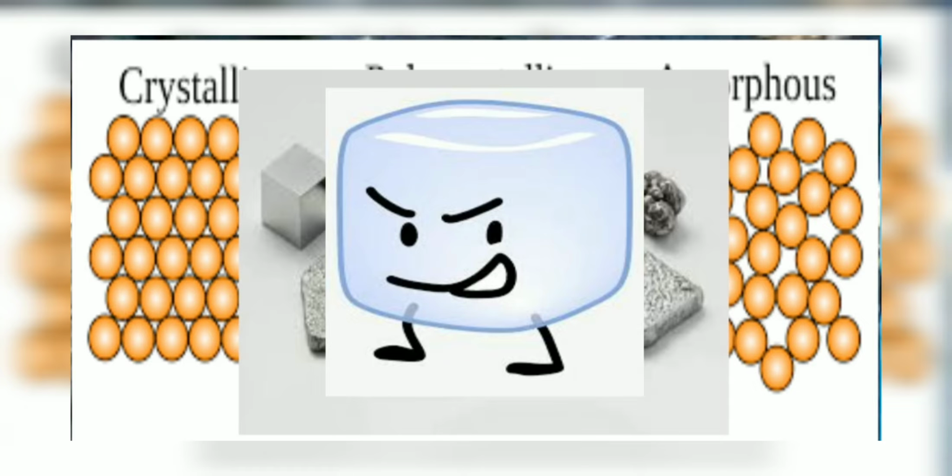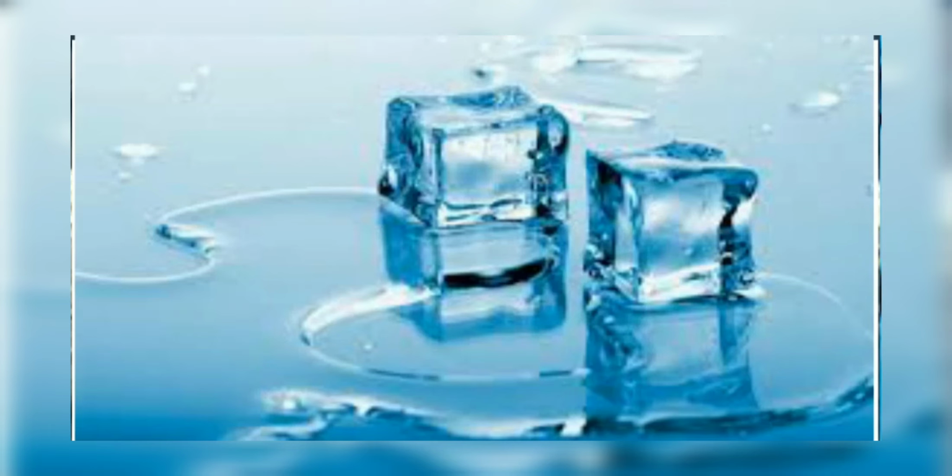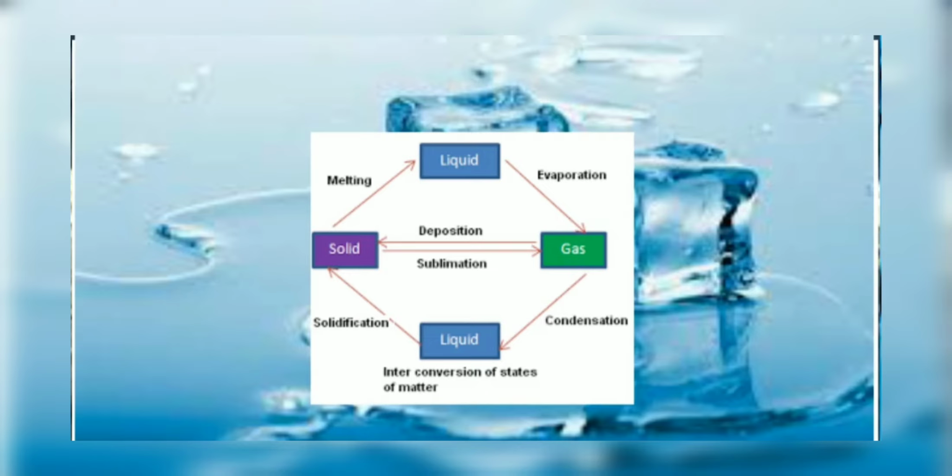Glasses and other non-crystalline, amorphous solids without long-range order are not thermal equilibrium ground states. Solids can be transformed into liquids by melting, and liquids can be transformed into solids by freezing. Solids can also change directly into gases through the process of sublimation, and gases can likewise change directly into solids